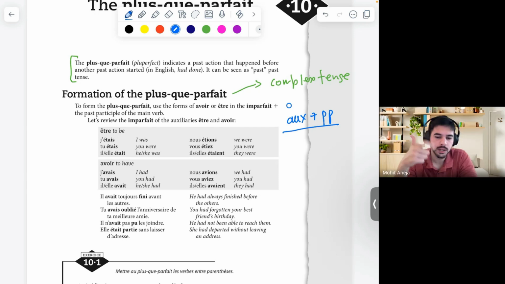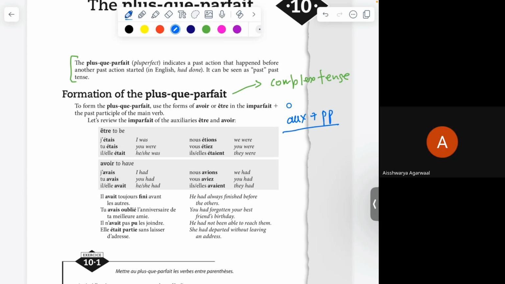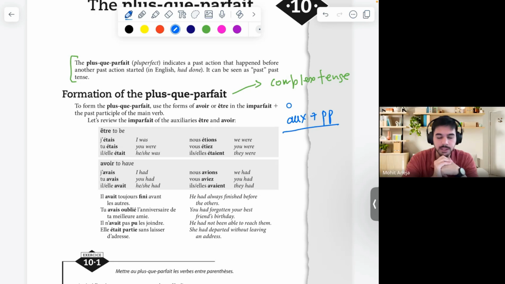AUR, IR, and the SER one, those three only came in future, and in one tense we're going to learn later, the conditional, but not here. So it's j'avais, very good. Tu avais, il avait, nous avions, vous aviez, and elles avaient. Simply avais, we don't change the pronunciation, okay?